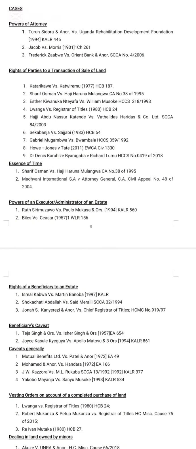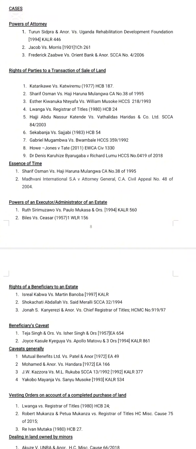Then rights of parties, transactions of the sale of land, and of course Katarikawe versus Katwiremu. They are saying that once you have made a deposit on the land, you have an equitable interest. Therefore, the seller or the vendor is only entitled to the full purchase price, and you can only sue for specific performance, which would be to sue the buyer for the remaining balance. So the scenario I can give you to understand this is, if I own a land in Munyonyo, like I will soon do, and I'm just selling it for 1 billion to start a franchise with maybe Coca-Cola,